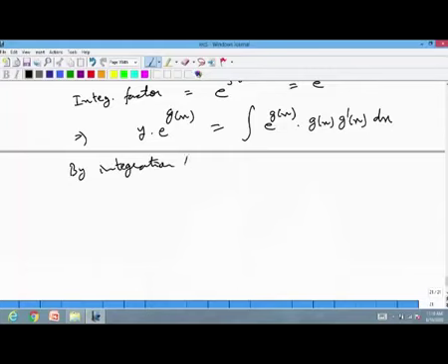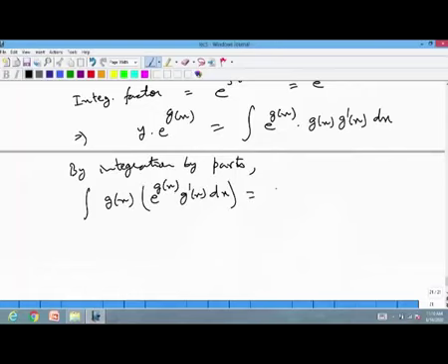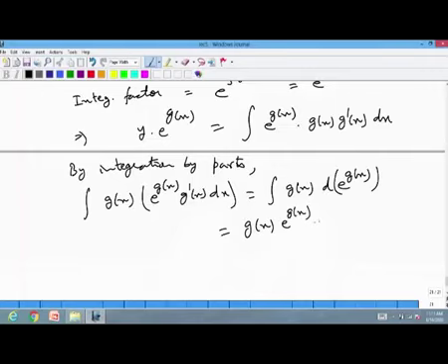Integration by parts. The integral of g(x) times e to the g(x) times g prime(x) dx is equal to the integral of g(x) times d of e to the power g(x), and then by integration by parts, this is equal to g(x) times e to the power g(x) minus the integral of g prime(x) times e to the g(x) dx,